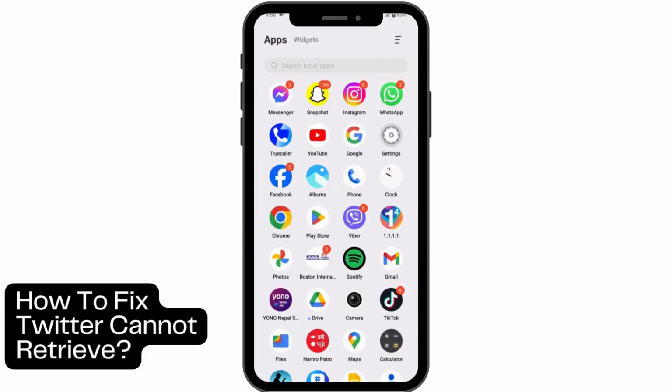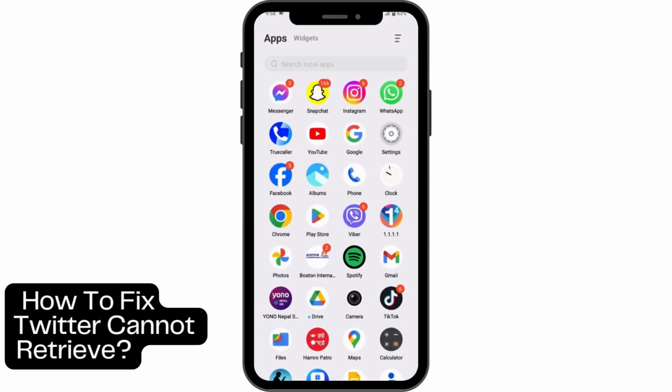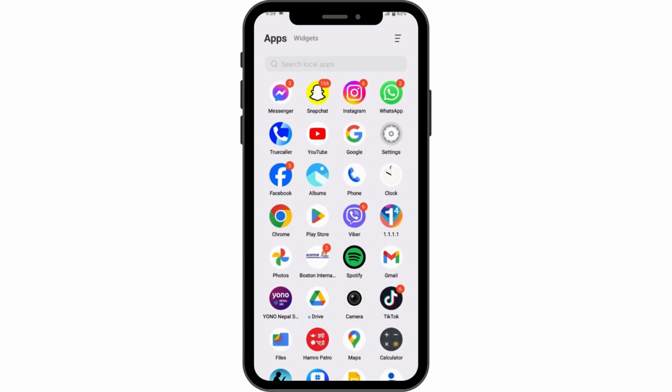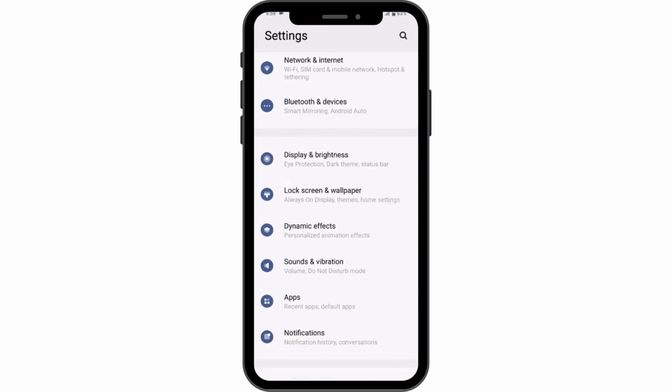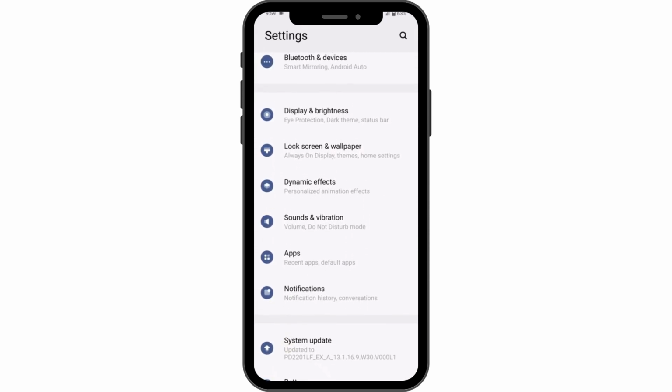How to fix Twitter cannot retrieve. So if you want to fix your Twitter which says cannot retrieve, then what you can do is simply open up your settings on your device. And once you open your settings, now you can simply scroll down, and here you may have apps and notifications,